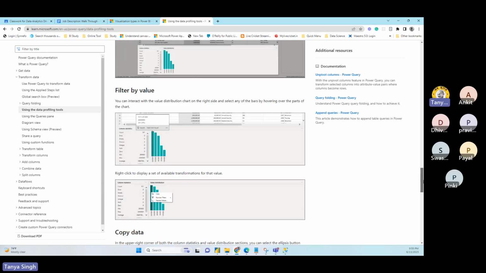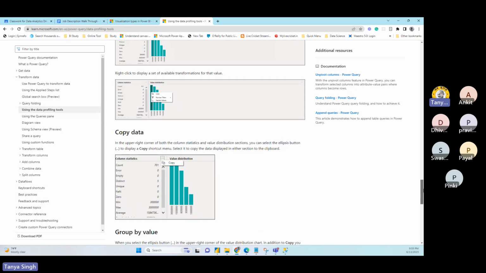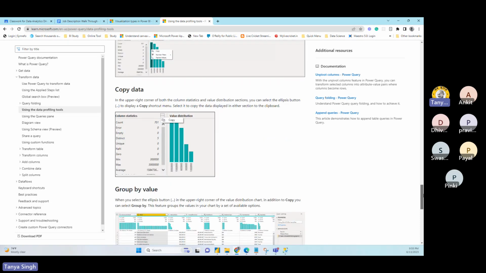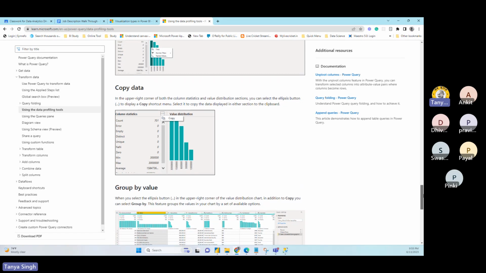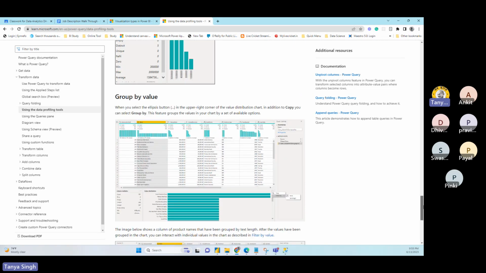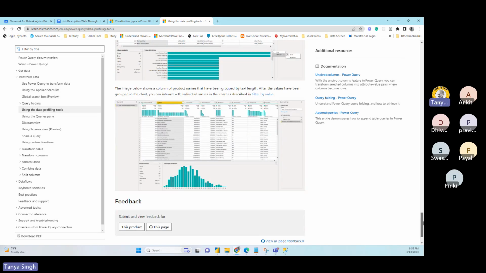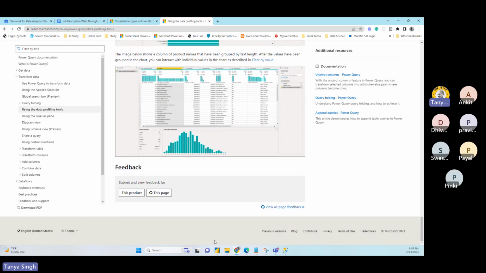And similarly, they are doing the other grouping. If you have a category, you can split that and get the min, max, non-zero, empty, count, number of records on that value, and all those things. So those kinds of profiling will be helpful. Whatever you are seeing here, you can do by simply writing a query with group by and all that. Select distinct name will give you exactly how many distinct names are available in your database. And then there is group by value, right? So that comes out of the box.